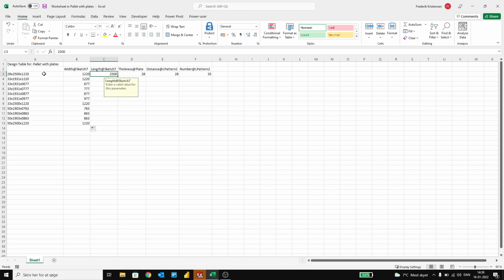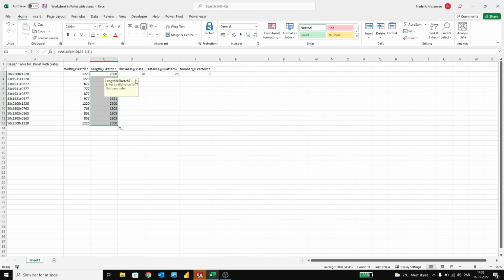So we'll just do the same with the length. Here we would like to get something in the middle of the text, so we will use, well, again, the value function. Inside the value function, I would like to use the mid function. I would like to use it on here, and now I would just like to count 1, 2, 3, 4. So I would like this function to start from the 4th character, and I would like the following 4 numbers to be a part of this cell. Yeah, so here we have the length of the plates as well,